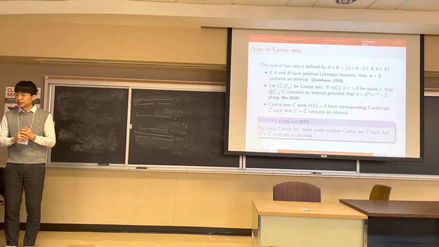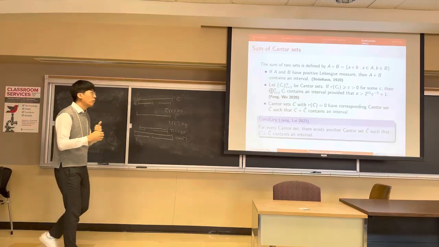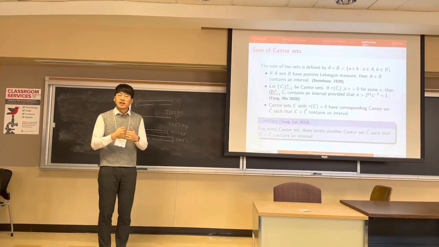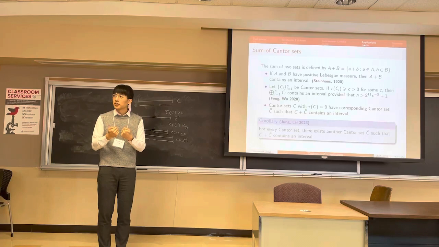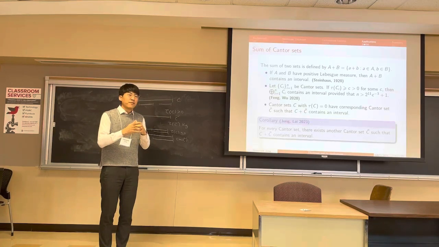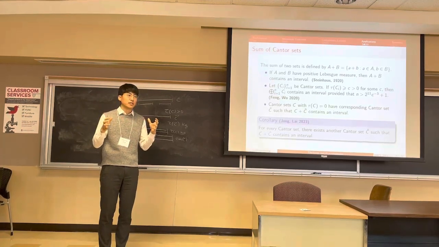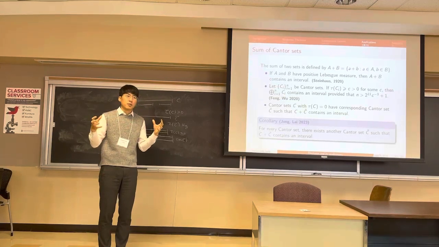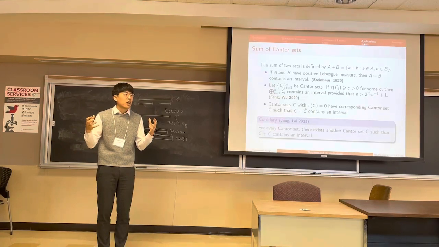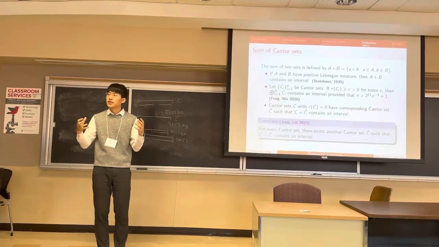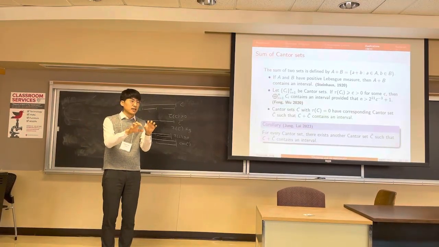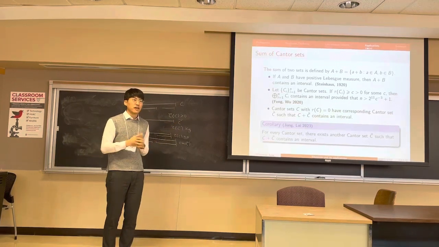Let's consider the first application. We define the sum of two sets to be all possible sums of elements in those two sets. And Steinhaus proved in 1920 that if those two sets have positive Lebesgue measure, then the sum will always contain an interval. Feng and Wu proved in 2020 that if we have n contour sets with all positive thickness, then if we have a large enough number of contour sets, the sum will contain an interval. However, the question remains for thickness 0 contour sets, but now using our containment lemma, we can construct another contour set C tilde, such that when we add the thickness 0 contour set with that contour set, it will contain an interval. So this is our first corollary from our lemma.